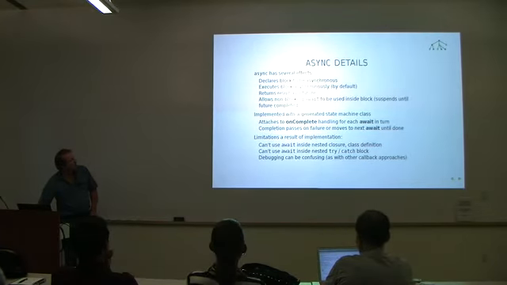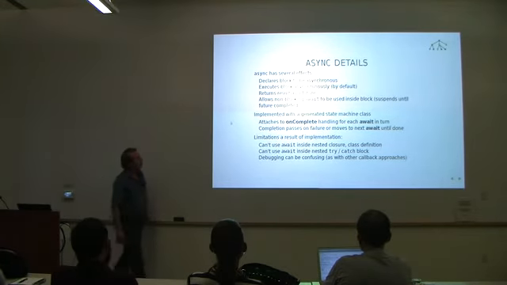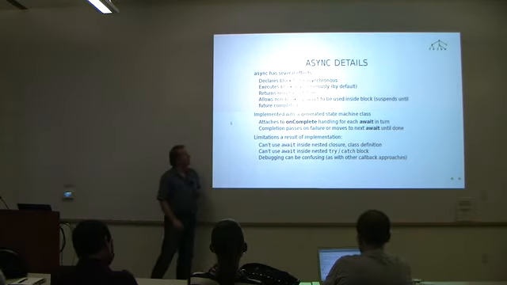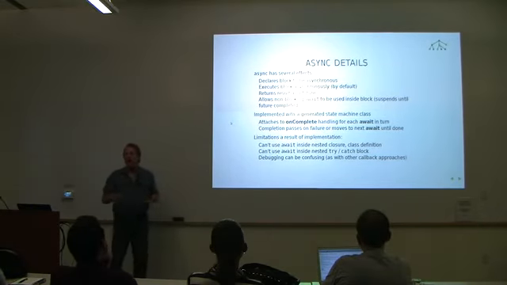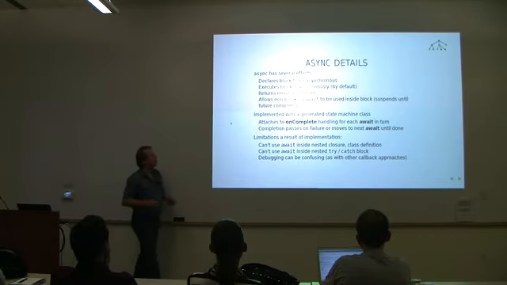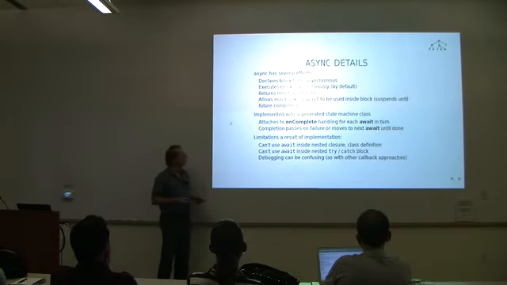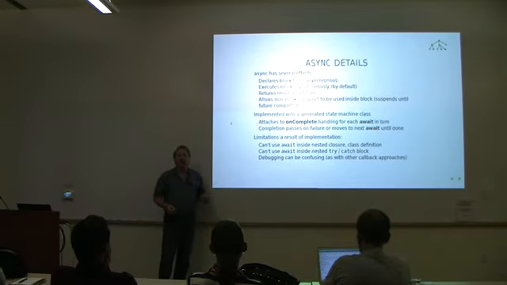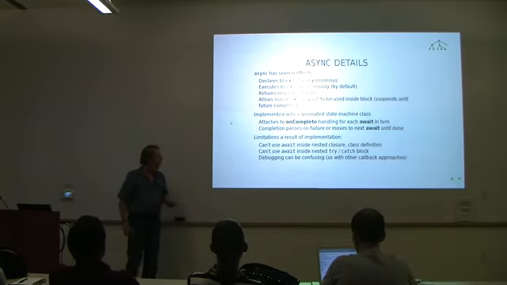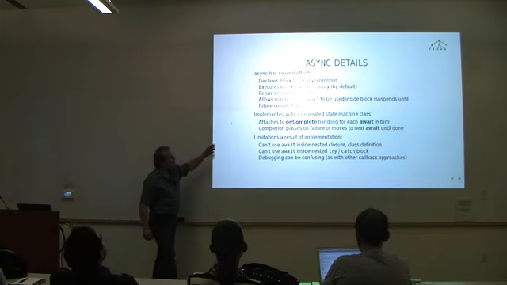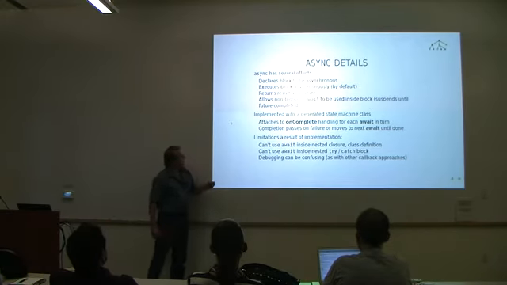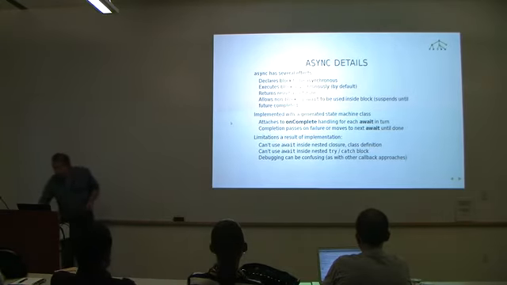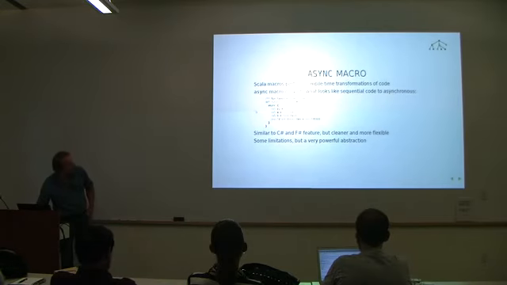So it executes the block asynchronously and returns the result as a future. It allows non-blocking await to be used inside the block. And it effectively suspends your code at that point when an await is seen until the result is available. What actually happens behind the scenes is that the async macro generates a state machine class for your code. It's going to attach to the incomplete handling for each await return, and completion passes failure and moves to the next result. So if we go back to that sample here,